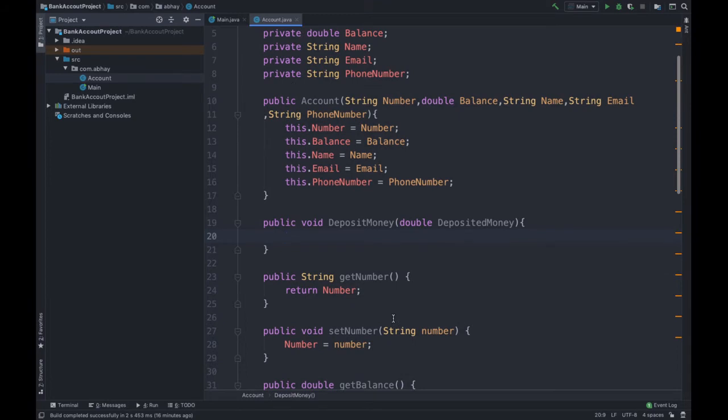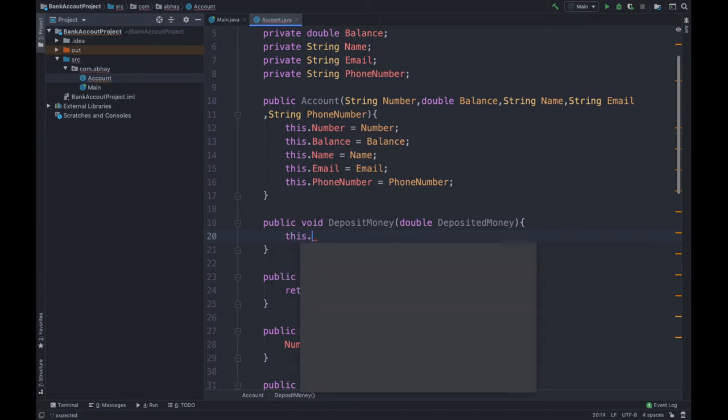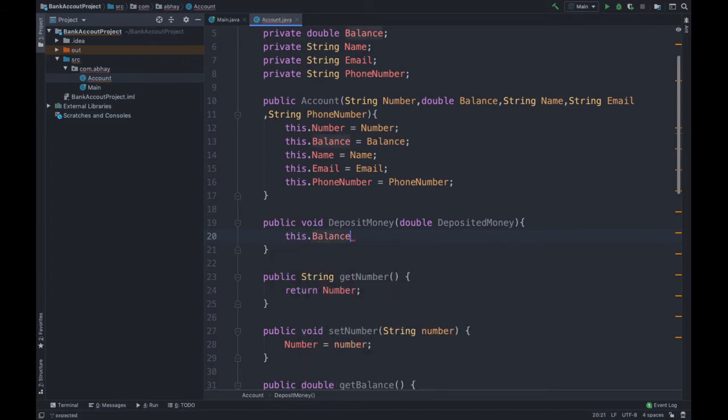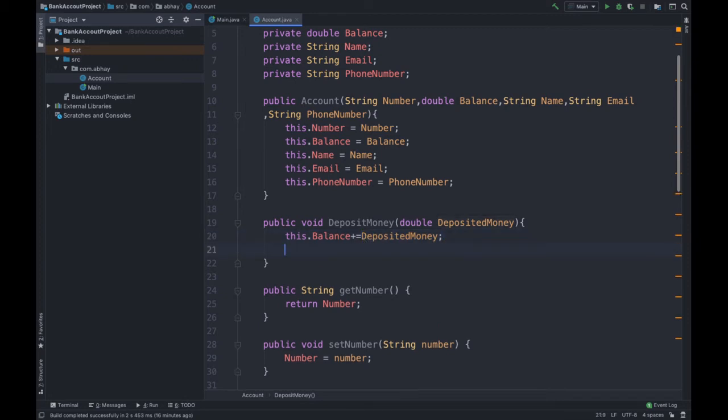This will simply increment our current balance: this.balance is increased to this.balance plus depositedMoney. This is how we have incremented our balance, the initial balance plus the deposited money. And at the same time, let's print this out.